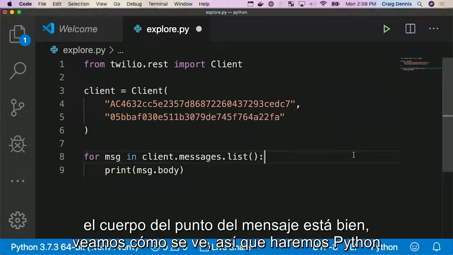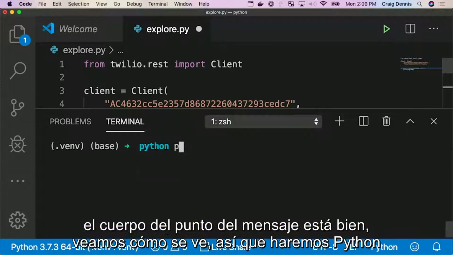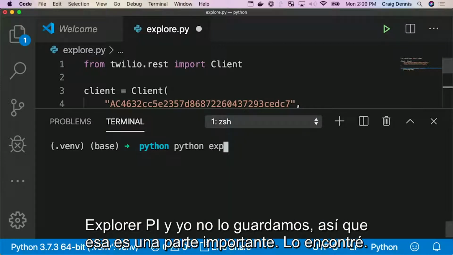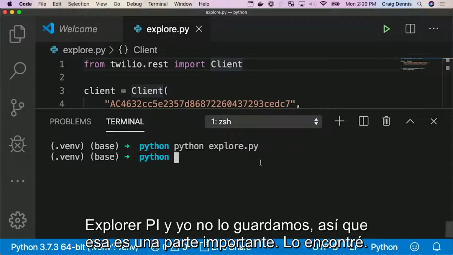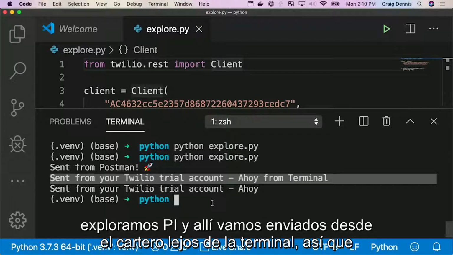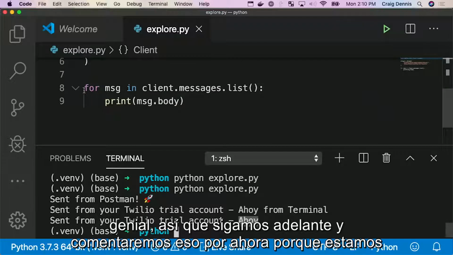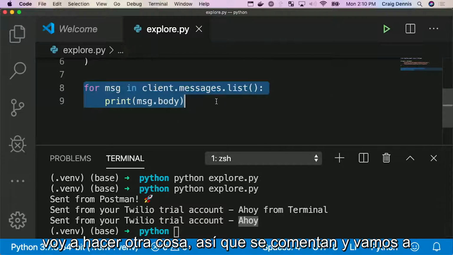All right, let's see what that looks like. So we will do Python explore.py. And I didn't save it, so that's an important part. Python.explore.py. And there we go. Sent from Postman, ahoy from terminal. So awesome. So let's go ahead and we'll comment that out for now because we're going to do something else.